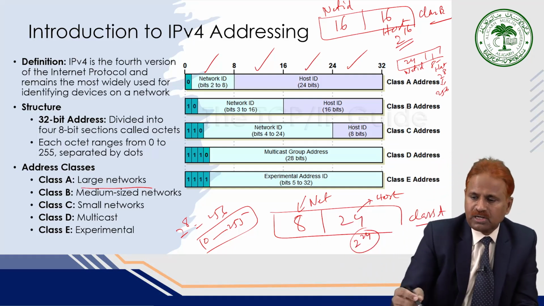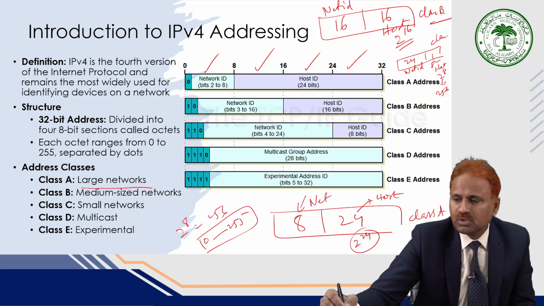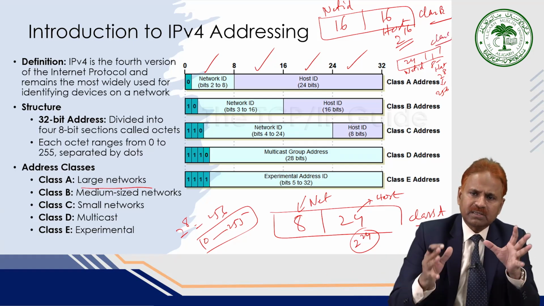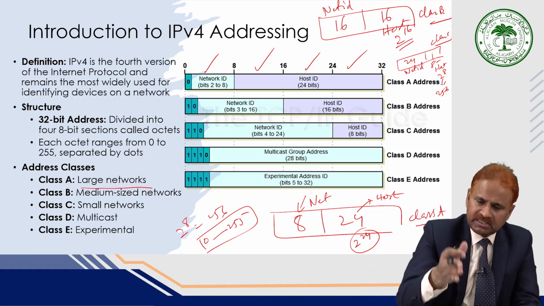So, that is why for a small network we use class C. This is known as classful classification. Fine. But whenever these things are represented in the binary form,